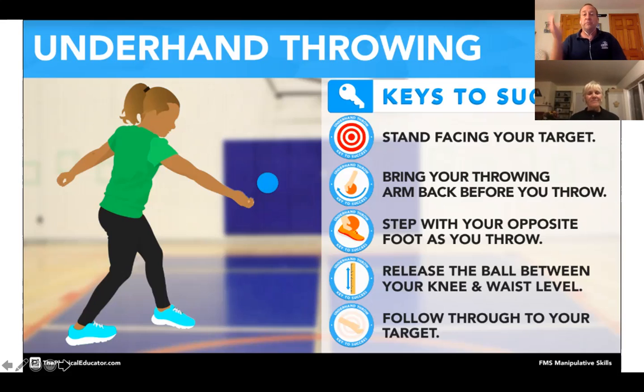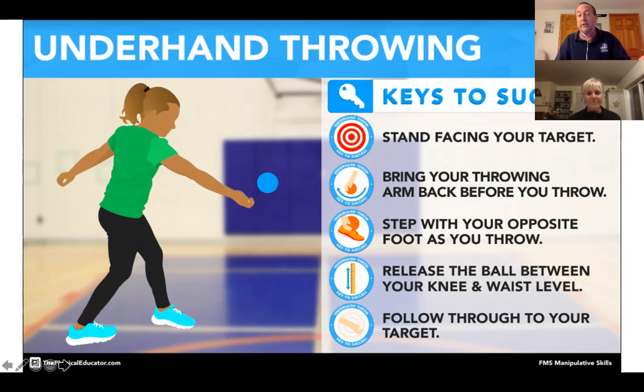And then we go into, I usually put our what, why, how cards up for this. We're going to go through it, but we're going to work on the underhand throwing today. And so we would break it down into what are we doing today? Working on the underhand throw. Why are we doing it? Well, because we want to be successful in some of our skills.